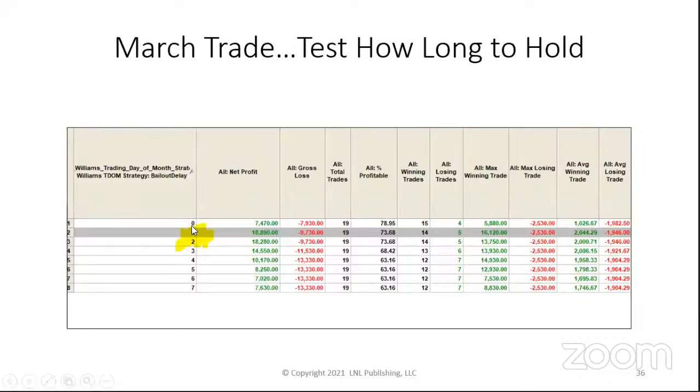First profit opening, zero, we're getting out as soon as we open the profit, or we hold 1, 2, 3. Oh, look, we go up. Our accuracy is still good, and we go from $7,000 to holding that trade to $18,000. So in this case, this trade has a little bit of legs to it.